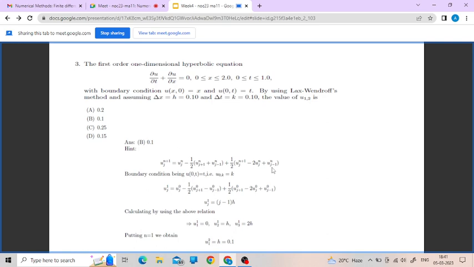So I hope you will be getting answer as C. Let's see how. As you know, the Taylor series expansion of u i comma j plus 1 is equals u i comma j plus, as it is increment in j, so you will be having del t into del u over del t at i comma j plus del t square by 2 factorial